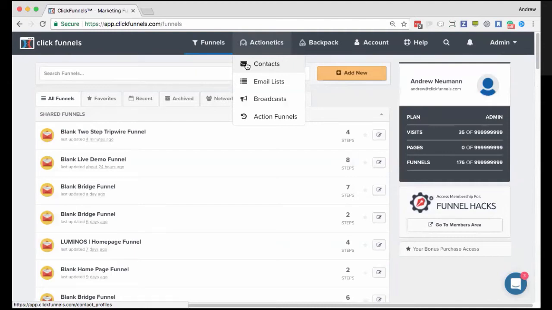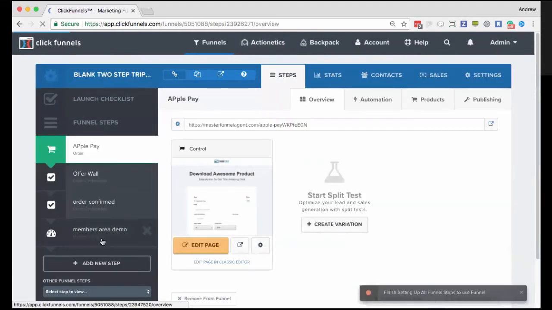Awesome. CN would like to know, is there a list of steps that you recommend to set up the funnels, as well as any integrations to make sure everything is set up correctly? The first thing, obviously, is to map out your funnel and get the basic understanding of it. So for an example, if we're going to go here to this blank 2-step funnel that we have here, as you can see, we have 4 steps in this funnel.